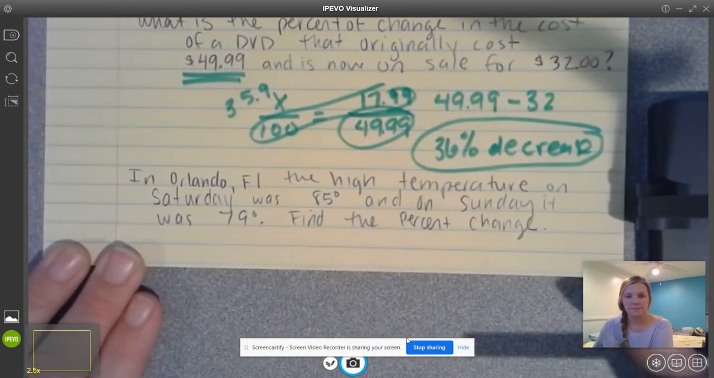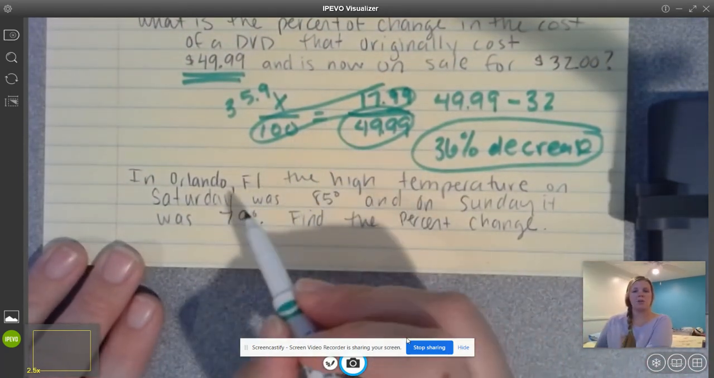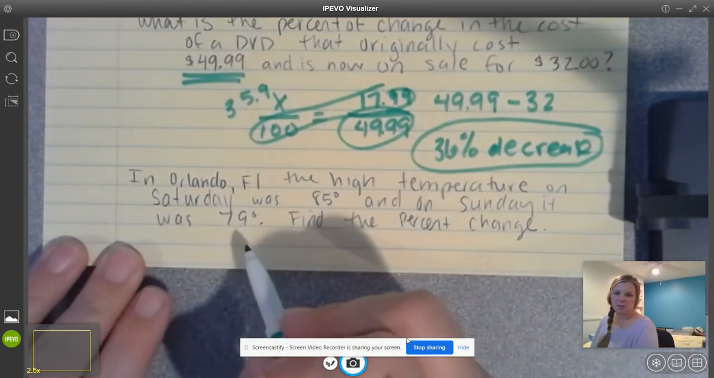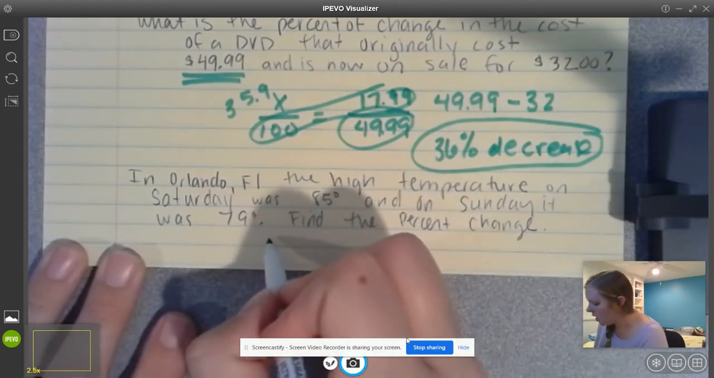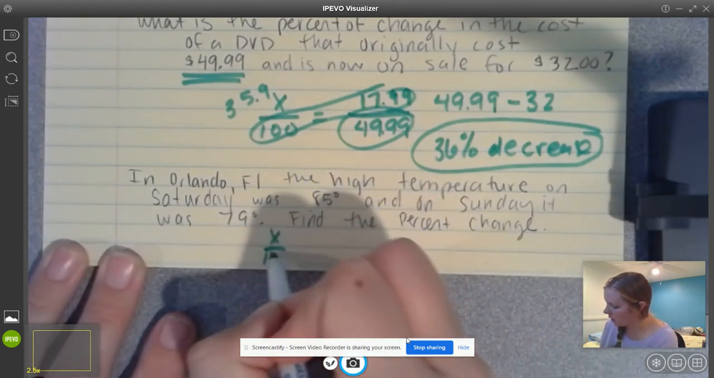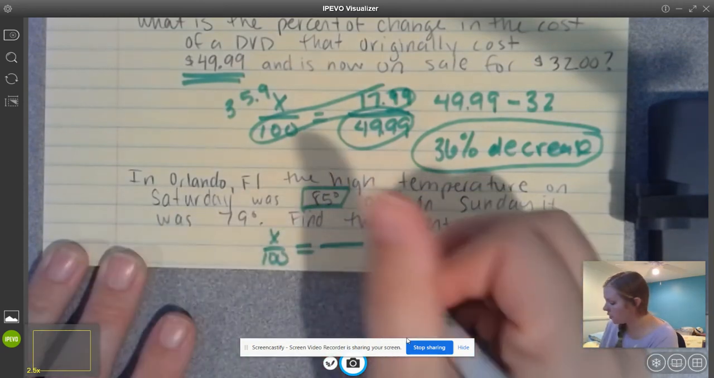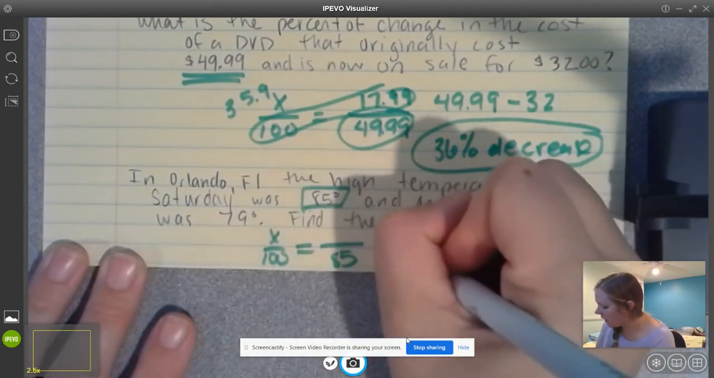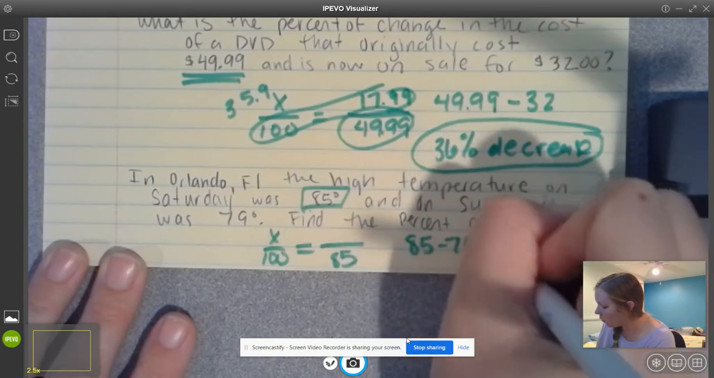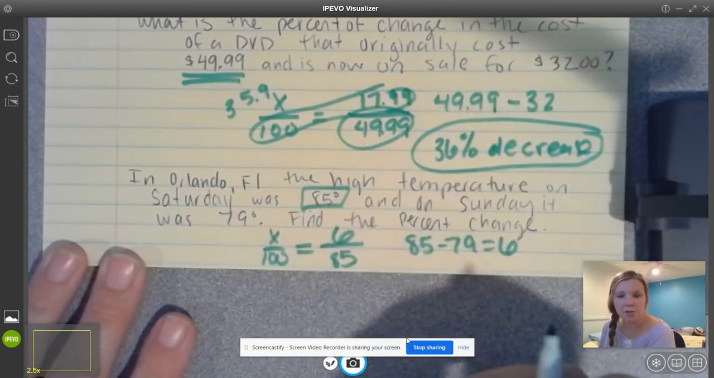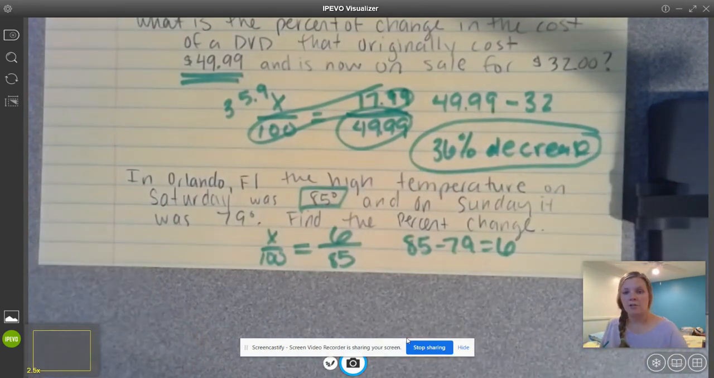For the last one, in Orlando, Florida, the high temperature on Saturday was 85, and on Sunday it was 79. Find the percent change. Again, it's percent over 100. And then the original temperature was 85, and 85 minus 79, it went down 6 degrees. So the change is 6. And you solve that proportion. 6 times 100 divided by 85